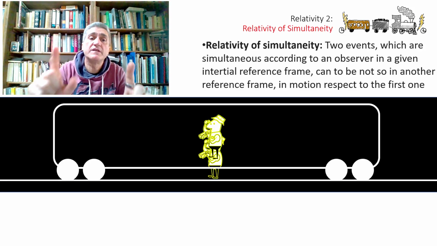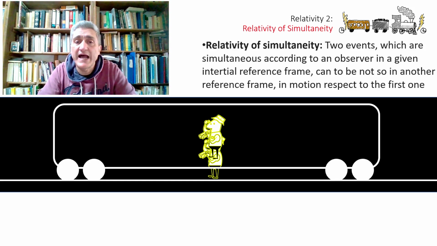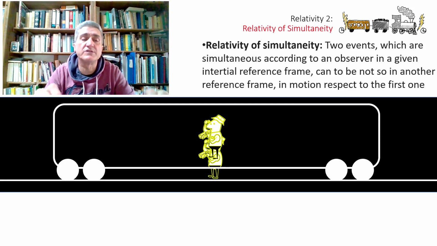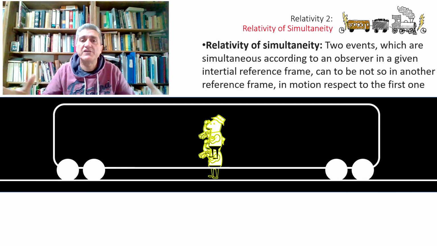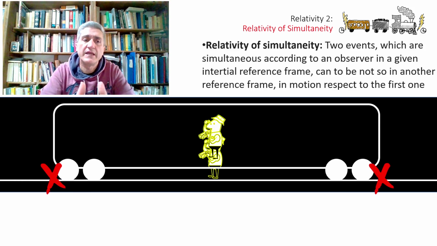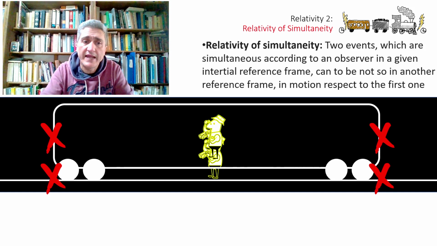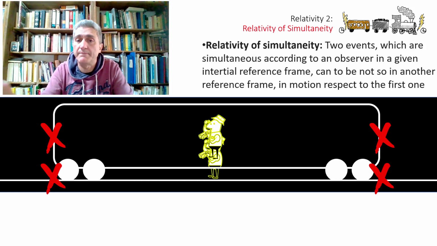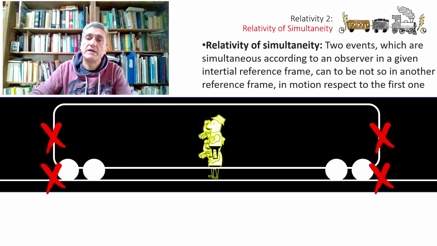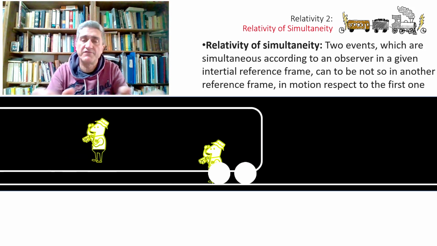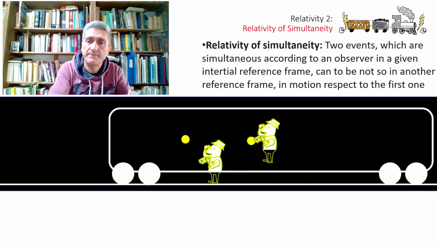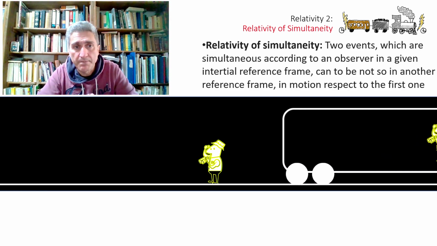Important: both observers have the same right to decide if the two lightnings were simultaneous or not. The one on the ground sees the two marks on the rails and verifies that when he saw the flashes, he was halfway between them. On the other side, the moving observer sees the two marks at the two ends of the carriage, and he knows that he was at the midpoint between them. Nonetheless, the first saw the two flashes at the same time, and the second did not. The front flash preceded the rear flash. There is no simultaneity for him.